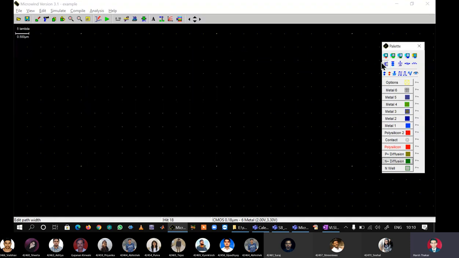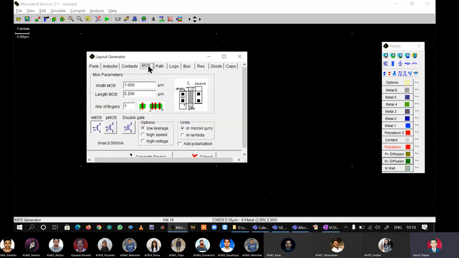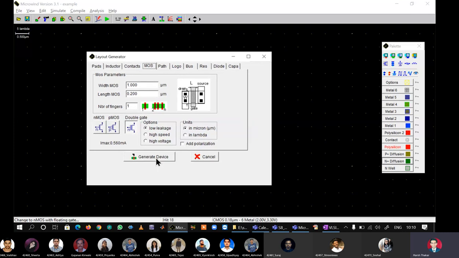When you click this, the MOS tab is automatically selected. Down there are 3 buttons: NMOS, PMOS and double gate. Whichever button is pressed, that device is selected, and as soon as I click generate device, the device gets stuck to my mouse pointer.